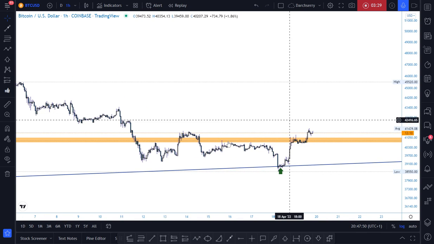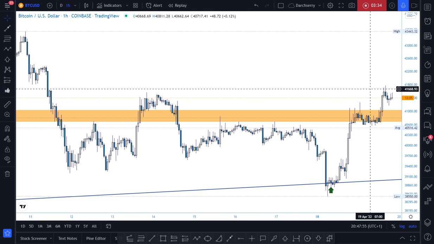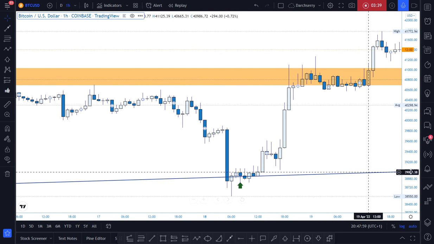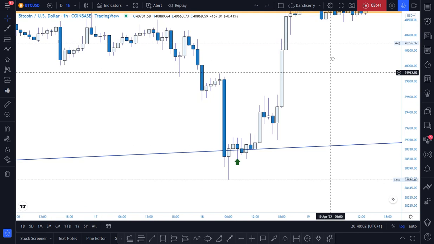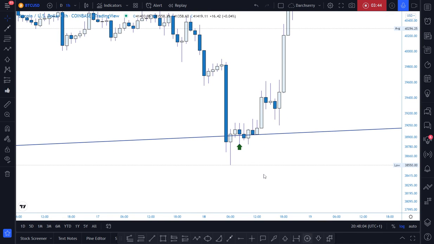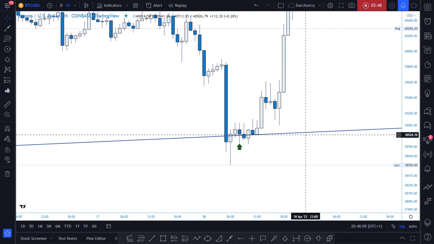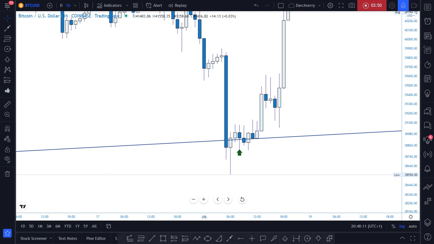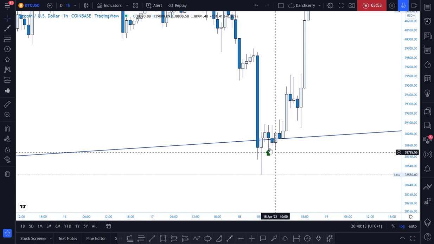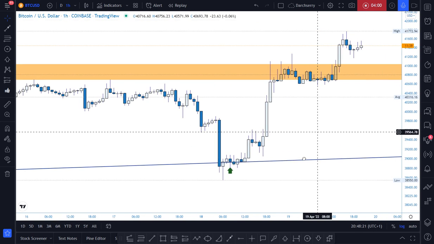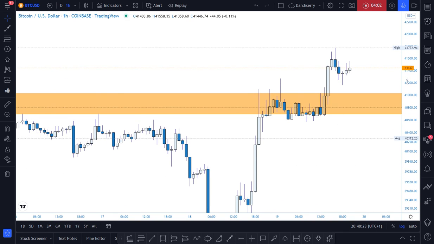Now, for those who had taken advantage of this structure around this area, if you look closely into this area, we had reversal structures that aligned with the bullish momentum. And if you had missed this opportunity at this junction, we want to look for another way through which we can take advantage of this trend. Now,